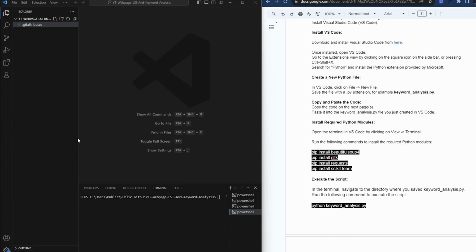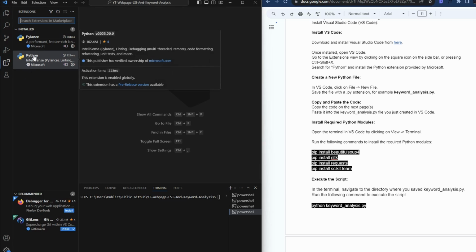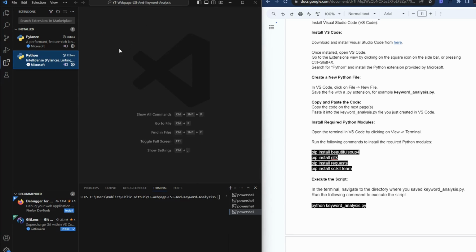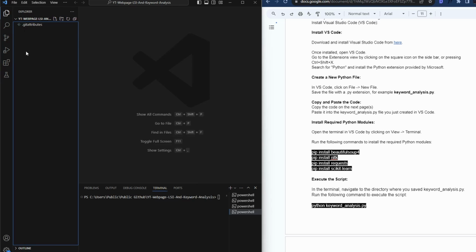Okay, so I've got a bit of a split screen thing going on here. Once you've got Python and Visual Studio Code installed, do double check you have Python installed. To do that, you just go over to the extensions in Visual Studio, and you should see Python here, and it's going to have over 100 million downloads. If you've got that, you are good. We can close that. The next thing we want to do is just go back to the Explorer.